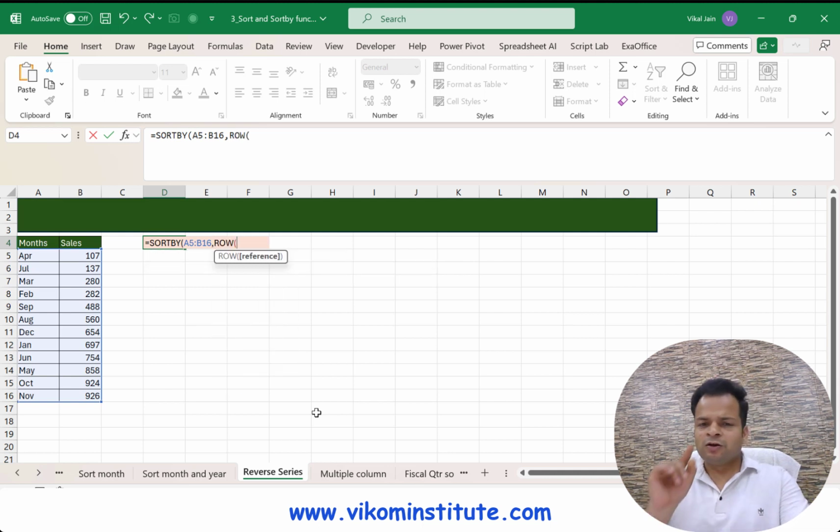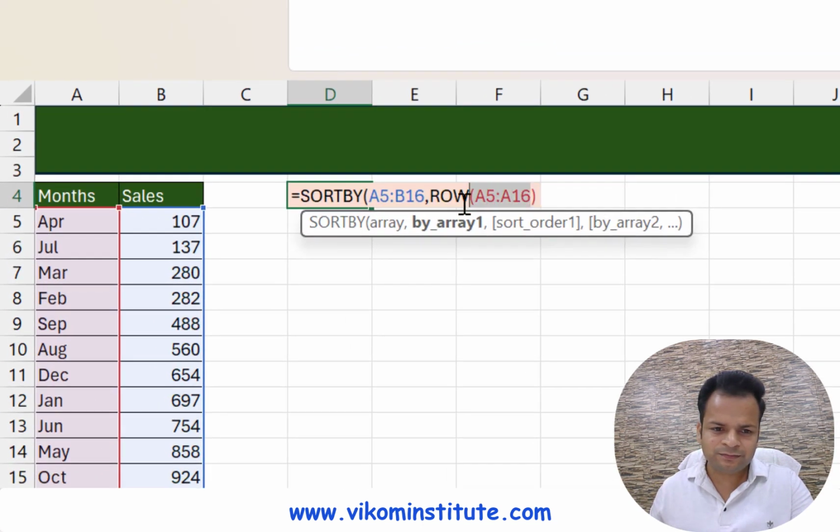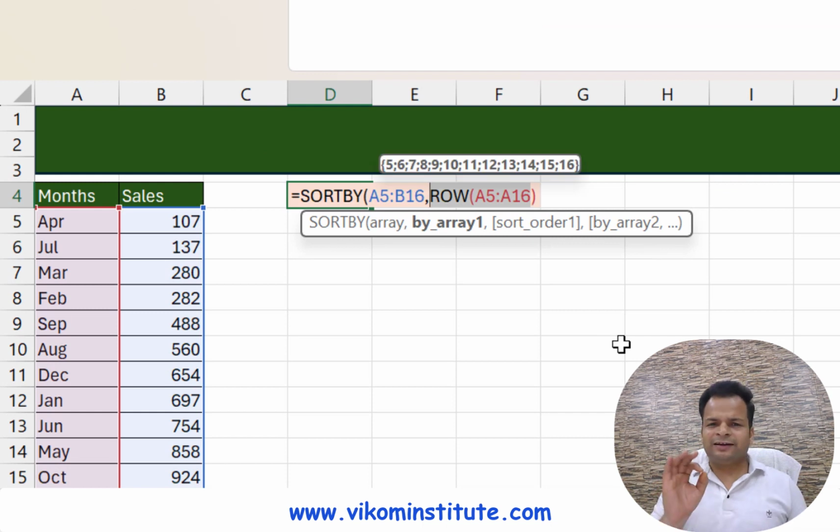What ROW does, if I will select this thing here and close the parentheses and just evaluate it, now you will see what it is providing to you. It is just providing the row numbers 5, 6, 7, 8, 9, 10, and because we have selected our data from row number 5, that's why it is giving the row number 5.